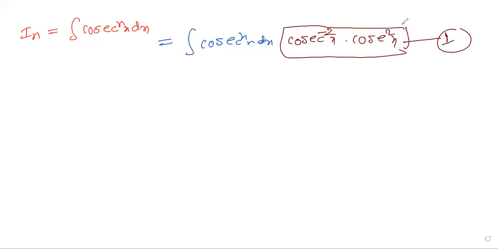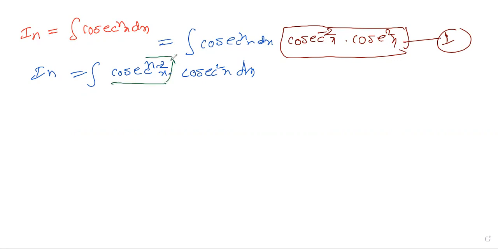So immediately the question pattern changes. In is equal to cosecant power n, which automatically becomes cosecant power n minus 2 x into cosecant square x dx. There's no doubt at all. Here you have no need to change anything. We can directly apply the format we learned in the previous classes. We have to go for the UV format. This is the term you need to take as U, and you need to apply the UV format.